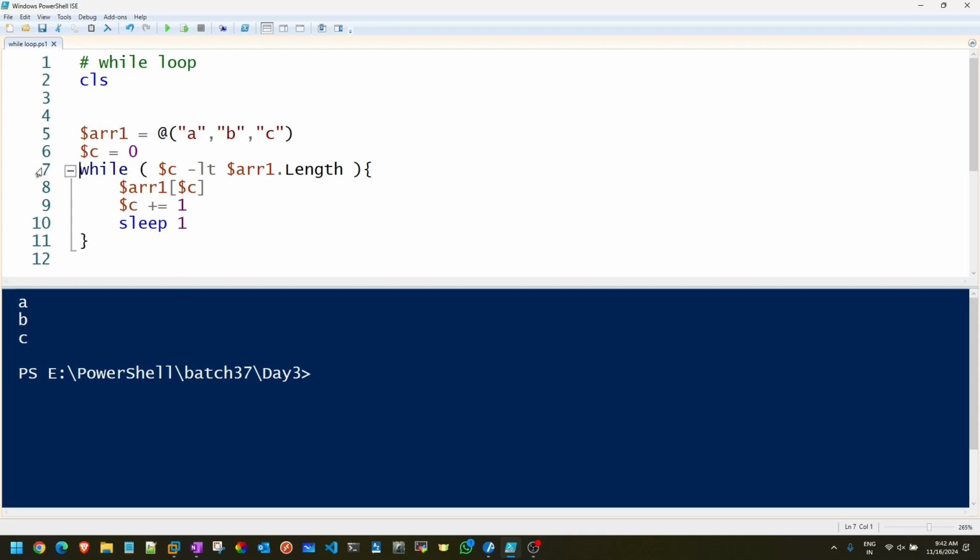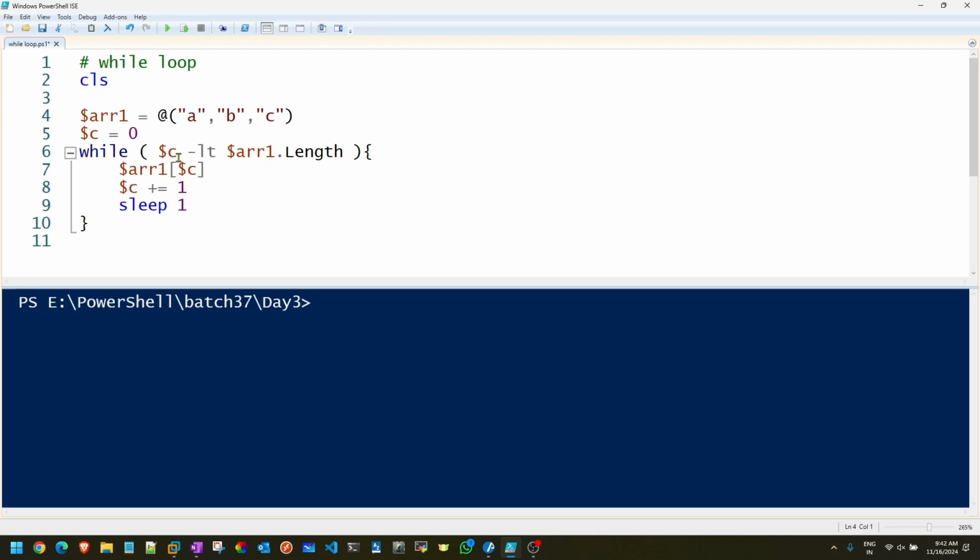save your file. If your file is not saved, you can't do debugging. Number 2, keep your cursor on the line from where you want debugging to start. My cursor is on line number 5. I don't want to start on line number 2. Reason: for CLS, for clearing the screen, it will take too much time. Too many buttons I have to press, then only it will come out of that mode. So I'll start my code from this line number 4 over here. Clear? Now I want to see how the things work out.